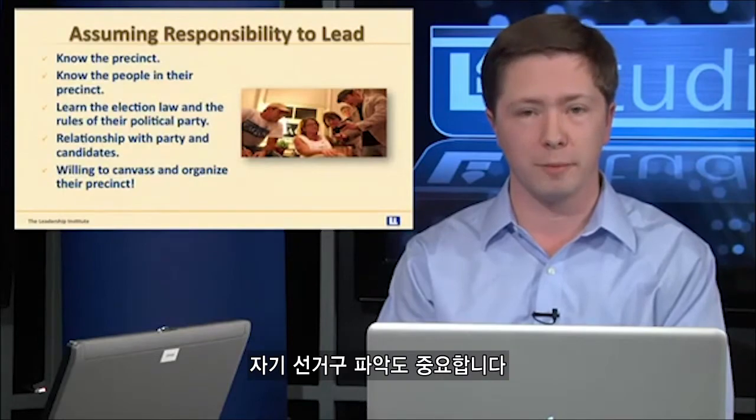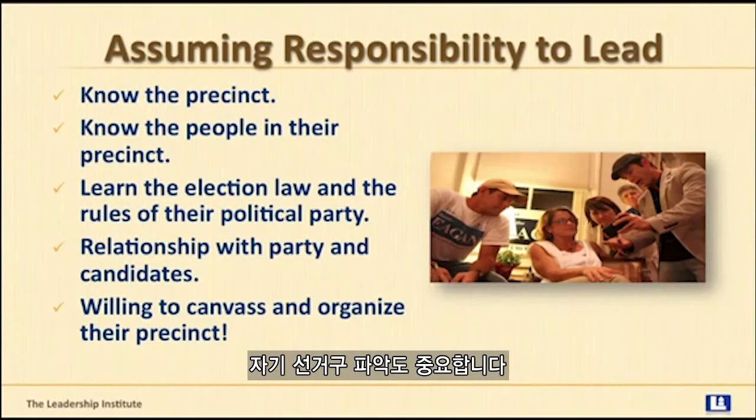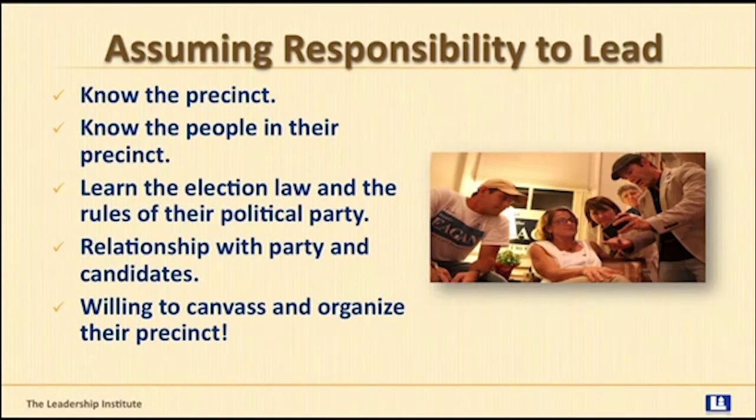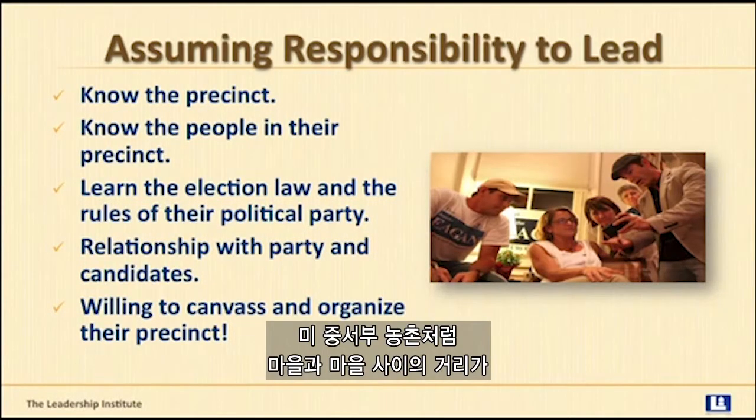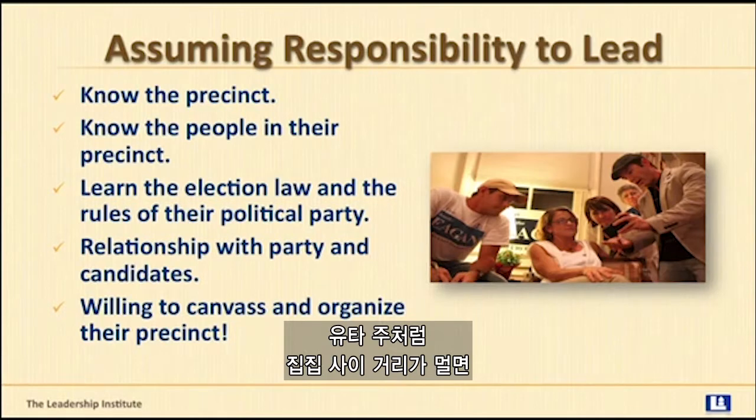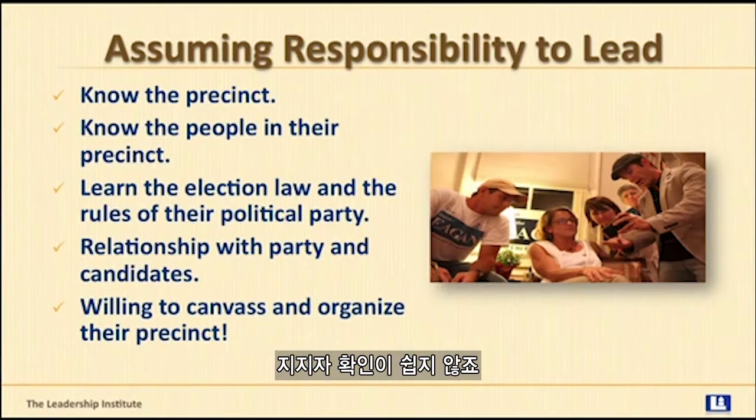So how do you assume the responsibility to lead? You should know your precinct. In places like New York City and in Washington, D.C., precincts are very small. Hyper-dense locations with large apartment complexes or homes that are very close together. Or in rural communities, farm communities in the Midwest and other places where it could be just a number of farms, literally just a few hundred voters spread tens or hundreds of miles apart from one another. Now, Utah comes to mind. Rural Utah is an area where the homes are not as close together, and so it may be more difficult to identify your supporters.